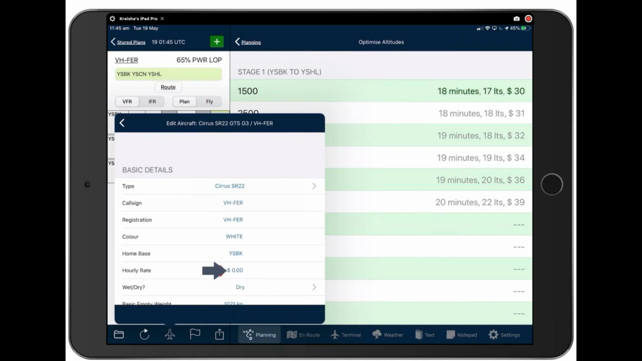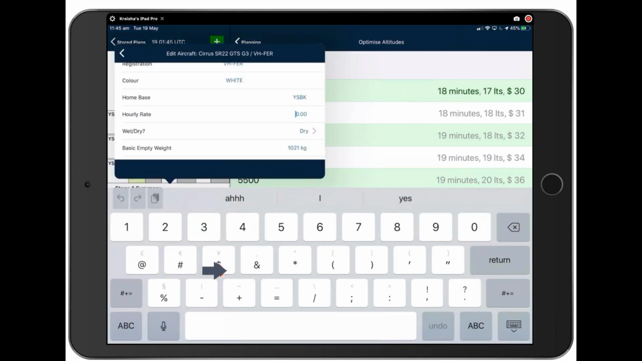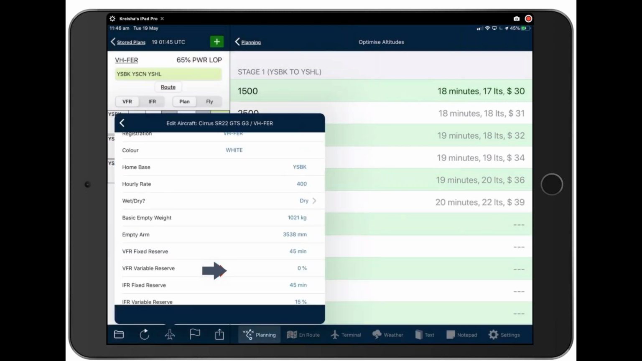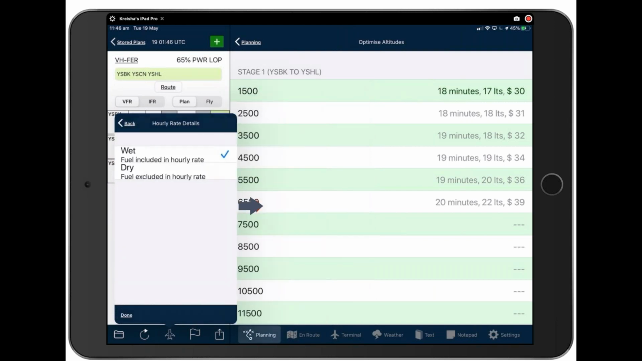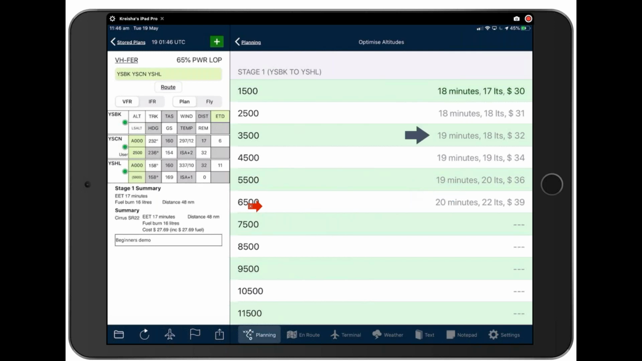Let's add an hourly rate. It's a Cirrus, so let's be realistic and say $400 an hour. There we are. Let's put $400 an hour. Let's go to wet. And as you can see over here now, that's been populated. So we now know how long, how much fuel, how much money this flight is going to take on our VFR flight levels